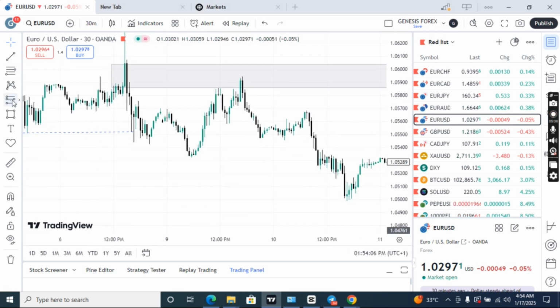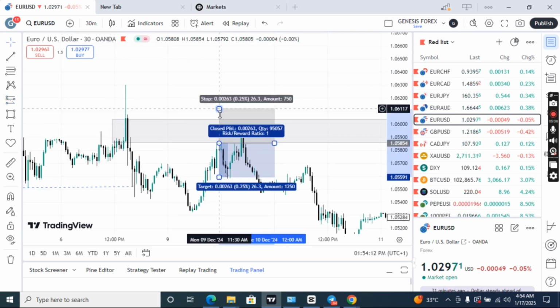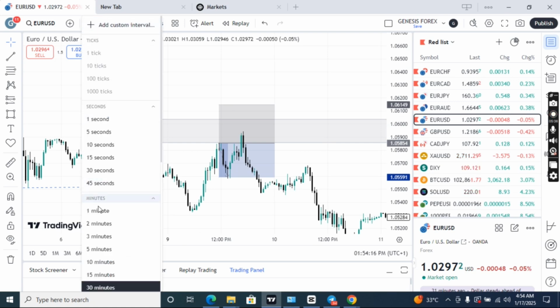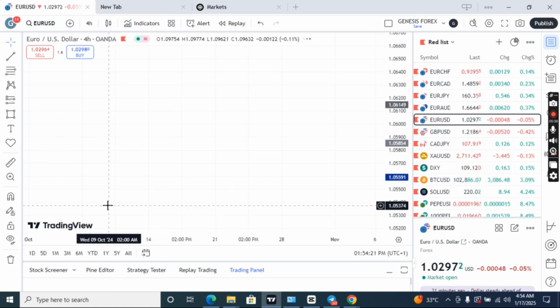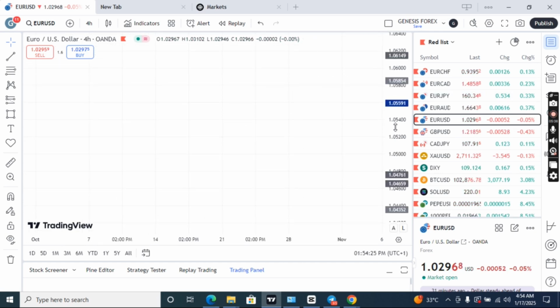So that is one of the most basic criteria for choosing or selecting an order block. Your order block must break structure, must be a break of structure for your order block to be valid. If there's no break of structure, trust me, that order block is not valid. Whether it goes your way or not, that order block is not valid. So guys,